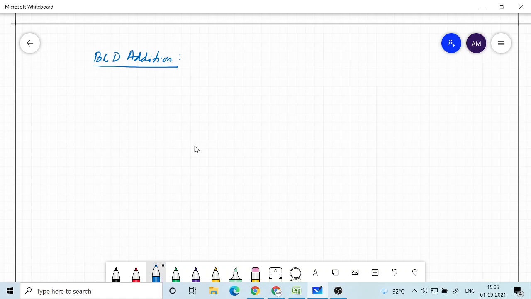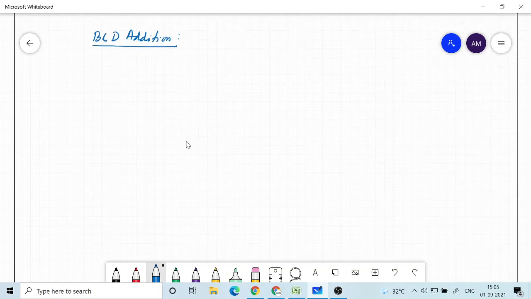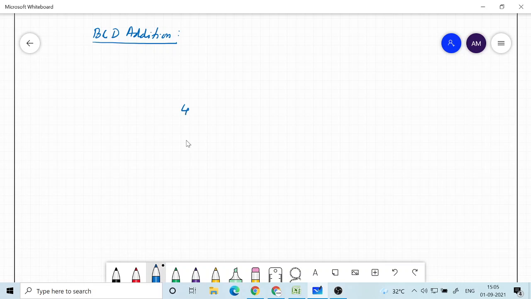So the main component of hardware that is involved here is basically the adder, a 4-bit binary adder. Later we will see how to make this block.